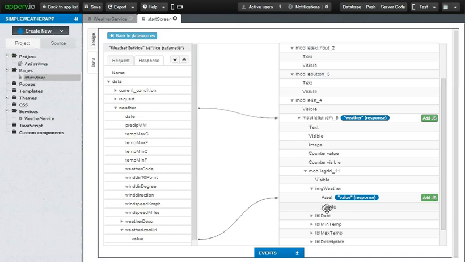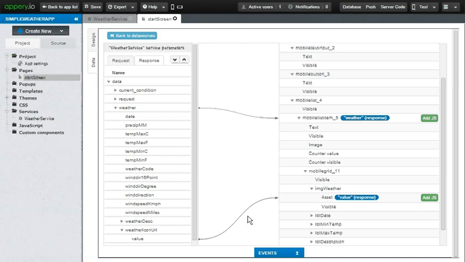The weather element in the response contains an array of 5 objects, for the 5 days, and we want a new list item to be created for each weather day. So that's the reason we map the weather element, which is an array, to the mobile list item element. This tells the user interface to create 5 or however many instances of the list item and display it.